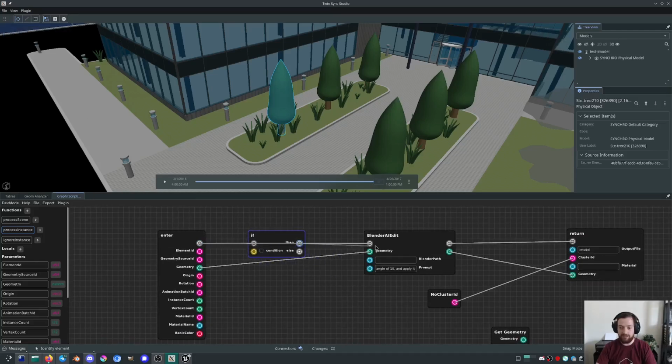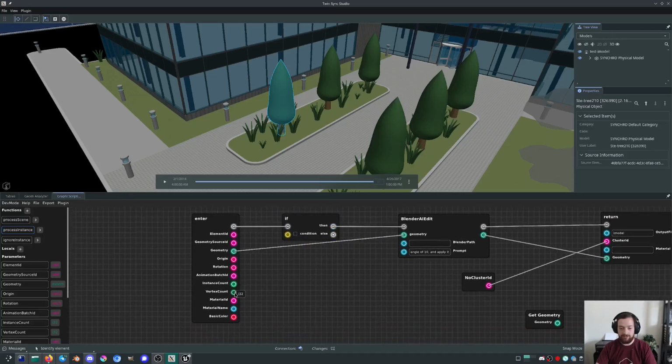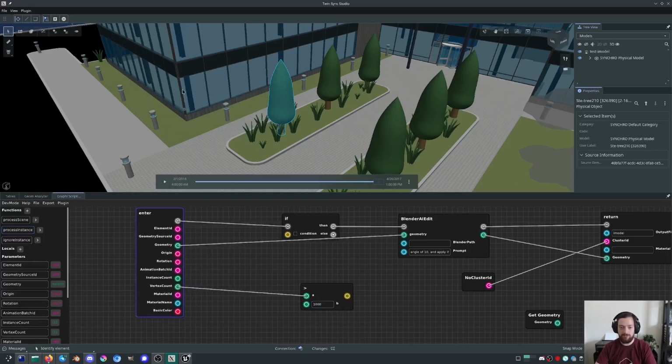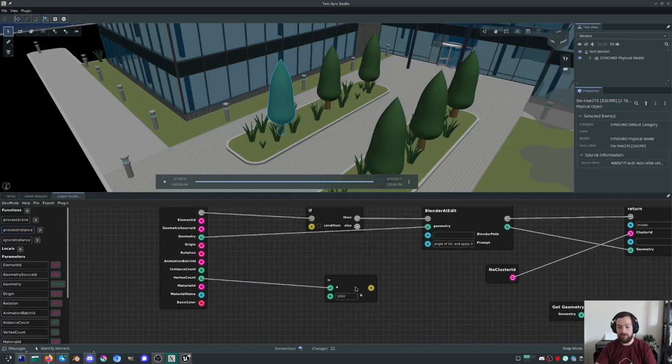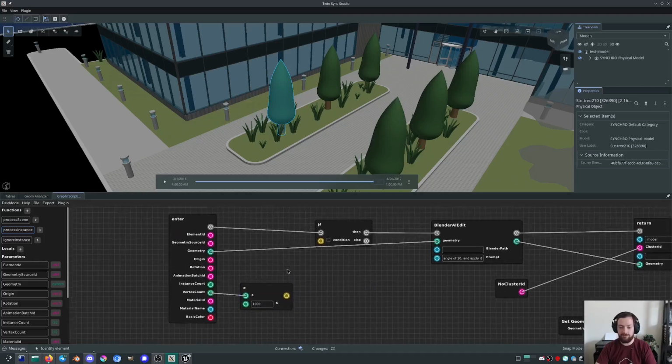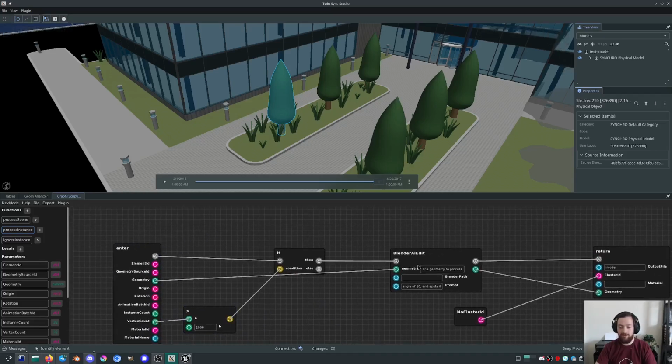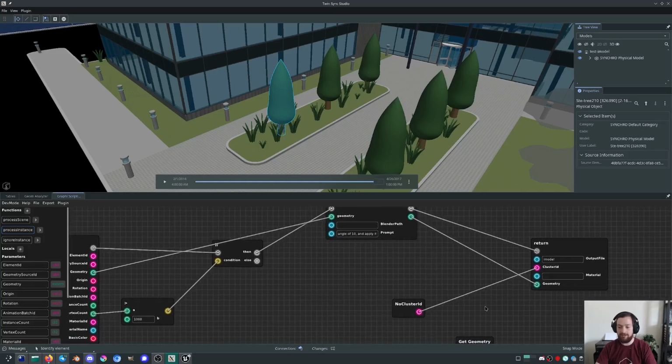statement and say, okay, let's check, is the vertex count comparison here greater than 1,000? So that'll include these trees, but it won't include something like these windows, which have like 12. I didn't actually check the vertices. There are 12 triangles, but that's only 36 vertices, so definitely not going to reach this. So if I go through here and say, okay, then we're going to do the Blender AI edit. Otherwise,